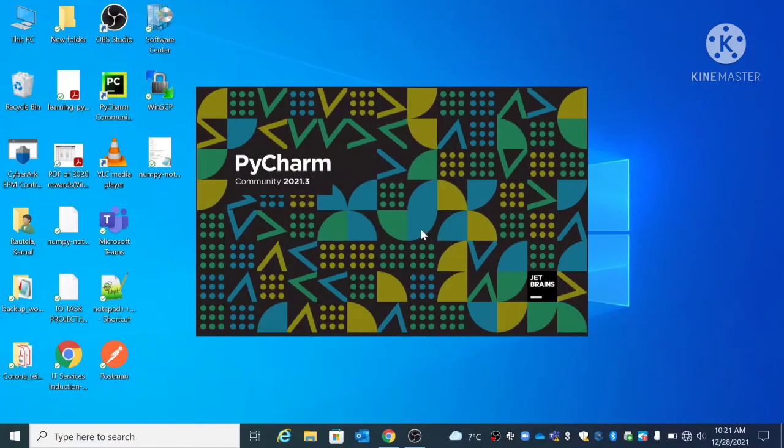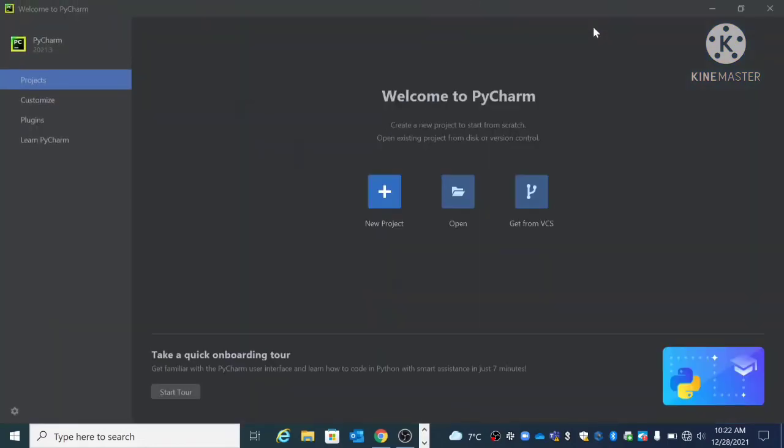Okay. So here we go. We have PyCharm installed successfully. Here we can see different options: New Project, Open, Get from VCS. We will go with creating a new project, a fresh project.